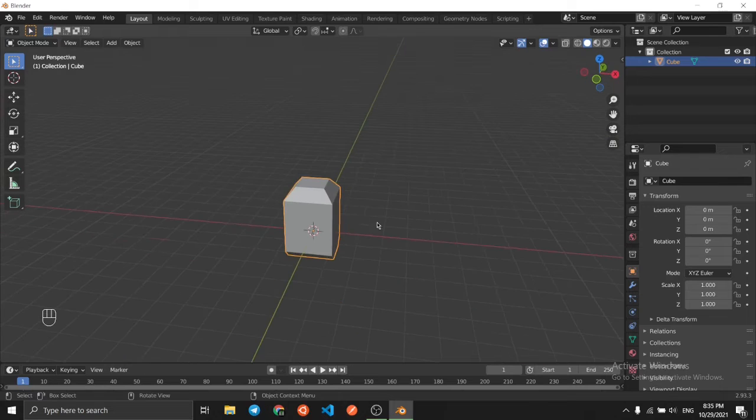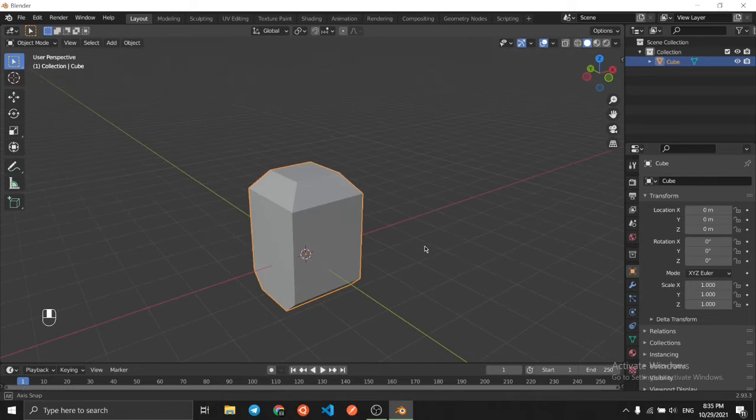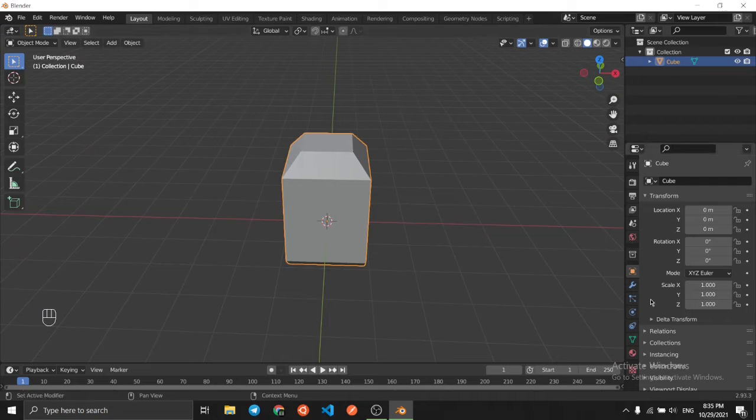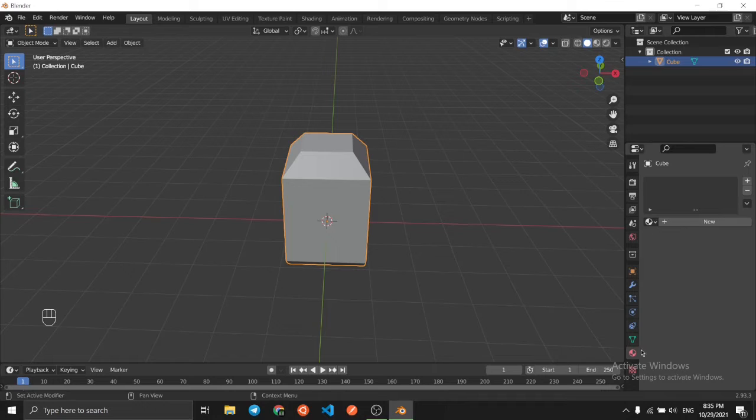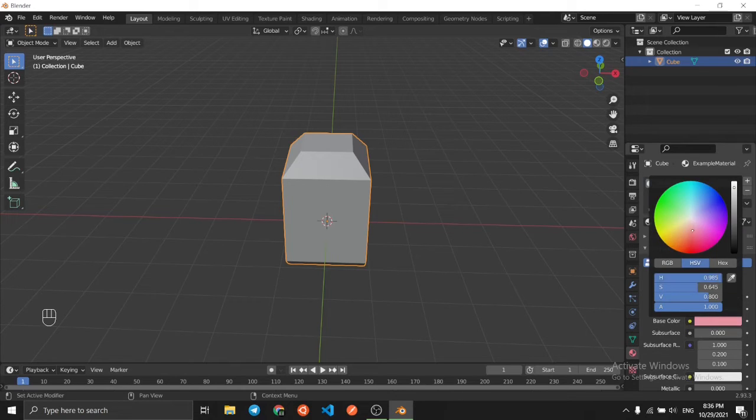Here is our new and beautiful model, but what if you want to change the color of this? If you want to change a color, you have to navigate to this material tab. Here you create a new material by pressing new button and give it a name, for example, example. I will add material word at the end, and you can change color of your material. For example, I will set blue,